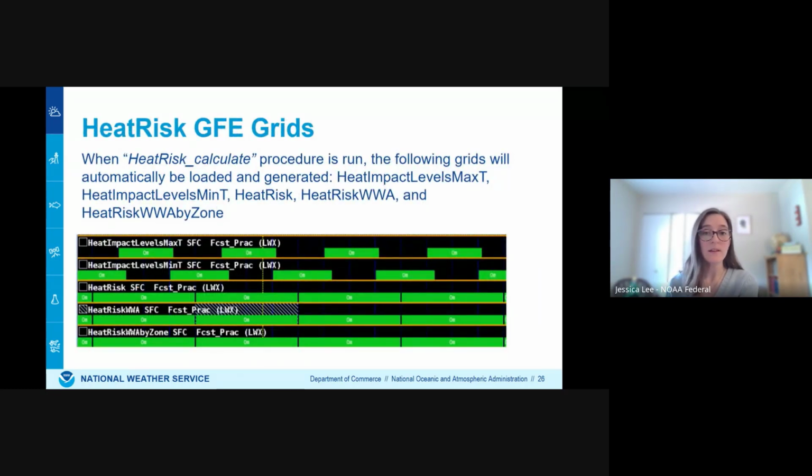When the heat risk calculate procedure is run within GFE, the following grids will be automatically loaded and generated. First up, we have the heat impact level max T and heat impact level min T grids, and these show the individual max and min T contributions that are used in the final 24-hour heat risk calculations. These grids can help you tailor your messaging and provide additional insight into why heat risk has the overall value